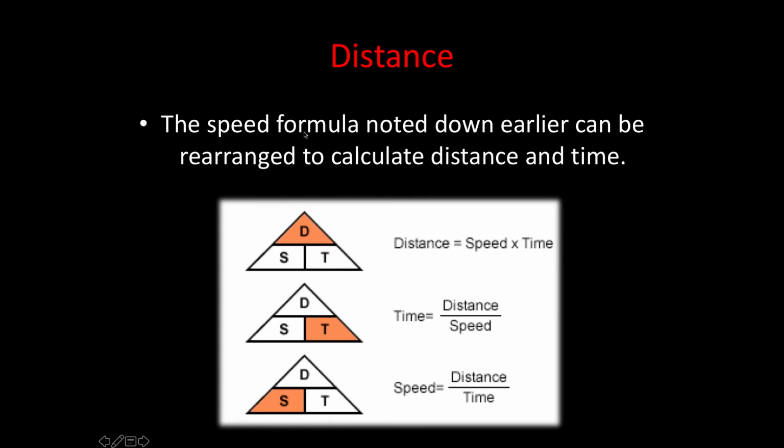We can also calculate distance, and we even have a triangle formula for these calculations. This triangle formula helps us to calculate distance, speed, and time, and use different parts of the triangle depending on what you want to calculate. For example, if you want to calculate the distance of an object, you would do speed multiplied by time. If you want to calculate the time taken of an object, you would do distance divided by speed. If you want to calculate the speed of an object, you would do distance